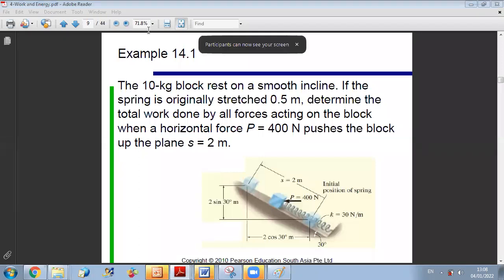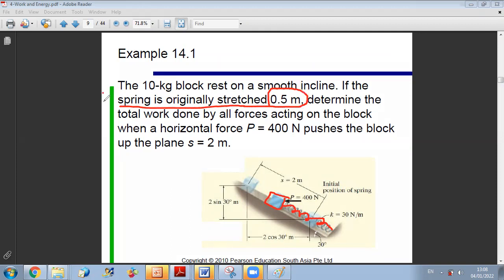So in this problem, you have a block. This block is attached to a spring. And initially, they told you that at the initial state, the spring was not unstretched. It has a certain stretching of 0.5 meters. So this is state 1. For state 1, you know delta L. So delta L1 is equal to 0.5. And the block starts from rest. Since the block starts from rest, the velocity of this block is equal to 0